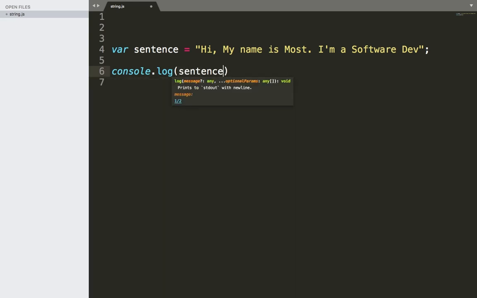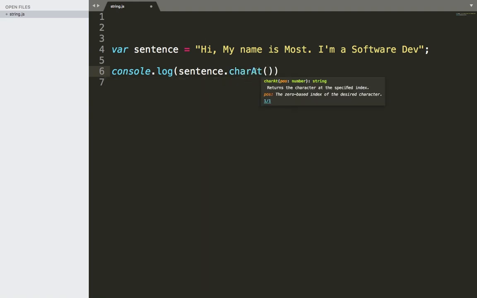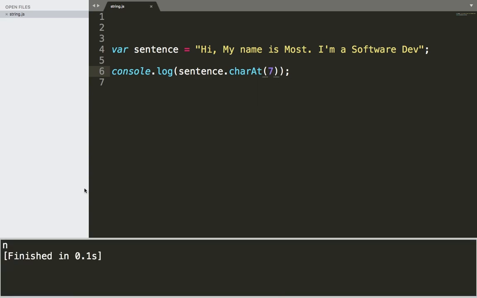First let's call it sentence.charAt, which is basically going to return a specific character at a specific index. So for example, if I pass here 7, if I run, what I'm going to get is n. Why? Because it returns the character located at index 7. And if we count here 0, 1, 2, 3, 4, 5, 6, and 7. So n here, this n, is located at index 7. So the charAt will return the character located at that index that you are going to pass to this